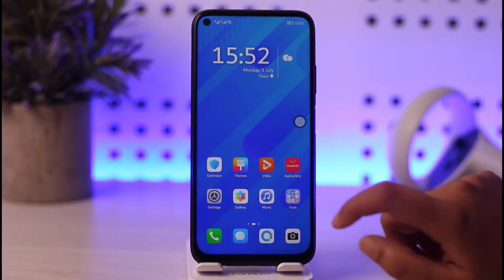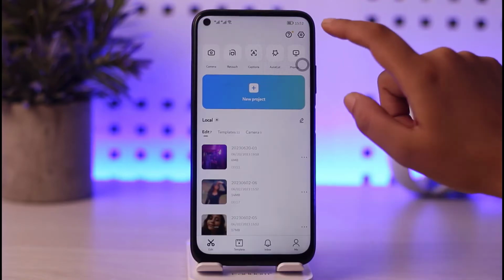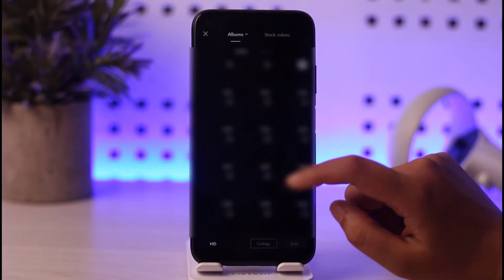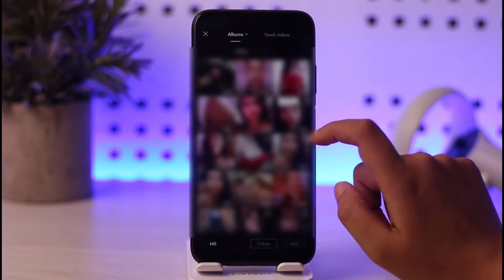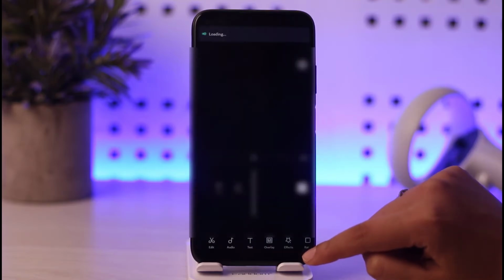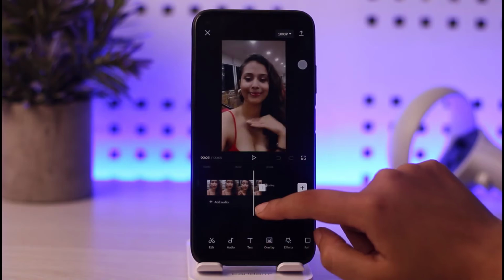So if you want to do so, first of all, let's go ahead and open our Capcut app. Once your app is open, what you're gonna do is simply go ahead, tap on this new project and choose a video from your mobile phone. For example, if it's this one, tap on this add option over here, add. And once you're done adding your video, what you're gonna do is,